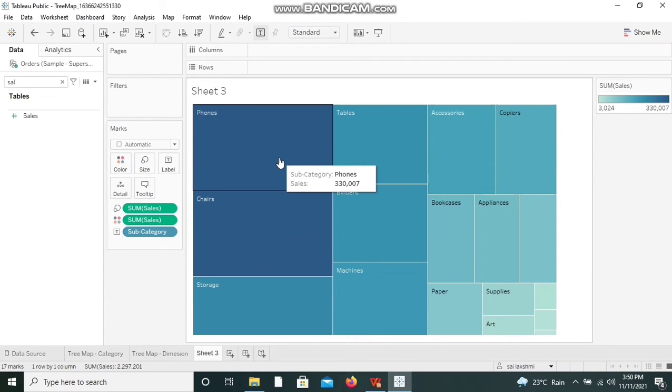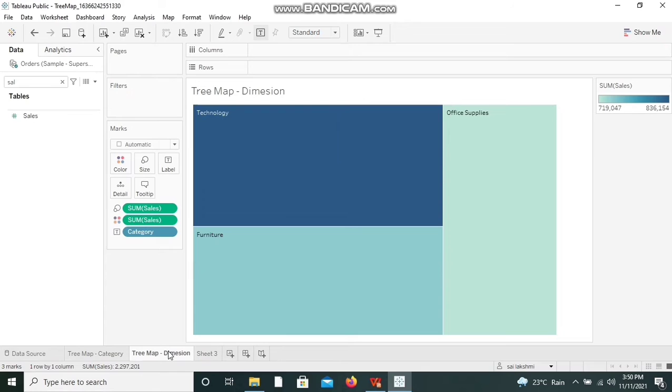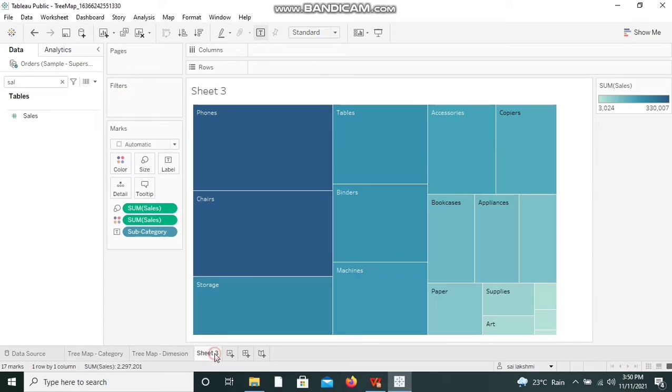This way you are able to understand which subcategory is doing well. Earlier also we did the same using category. Since we have three categories, it is very easy for us to identify which is doing better even with the bar chart. When we have large volume of data, this is also slightly better.